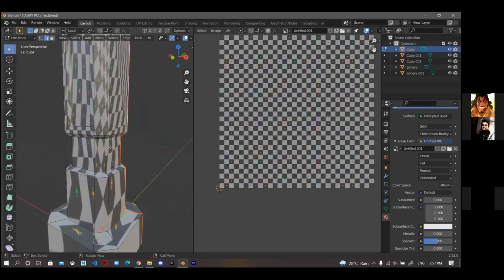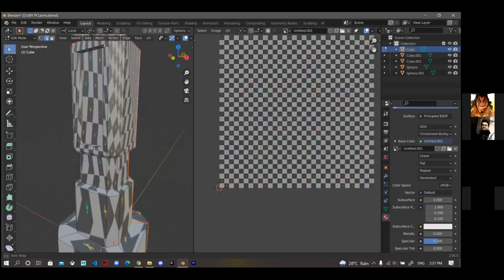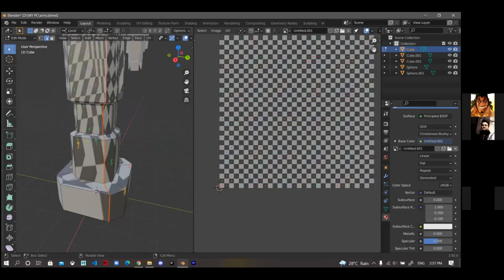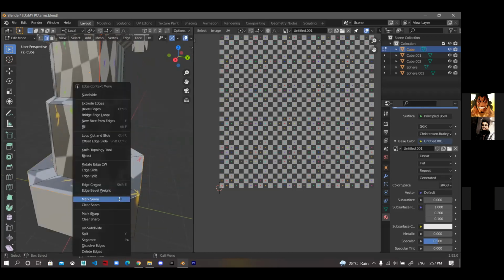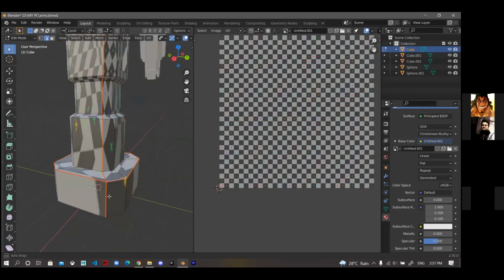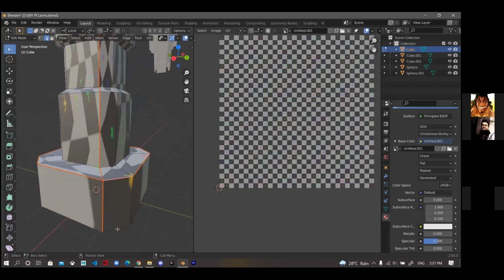So unwrapping is a little tricky, but yeah, the whole Blender 3D modeling is a